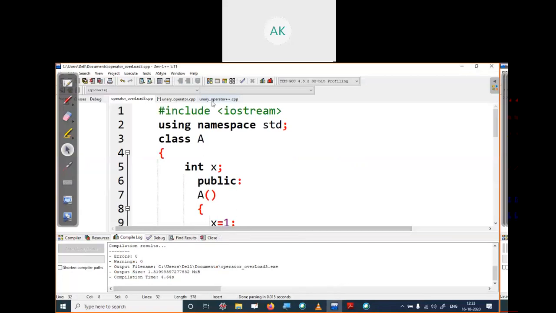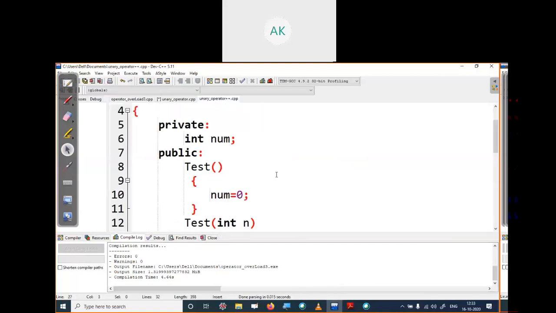There are two types: unary operator overloading and binary operator overloading. In unary operator overloading, there is only one operand and one operator, and in binary operator overloading there are two operands.